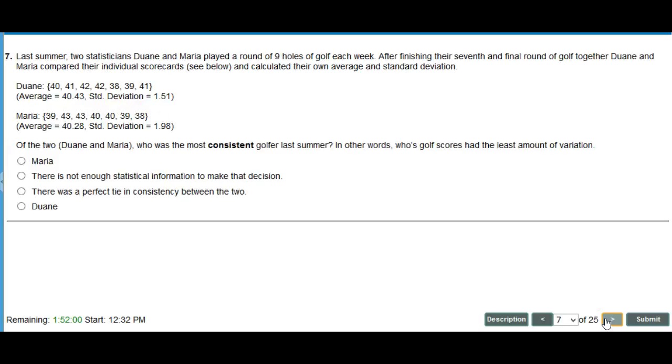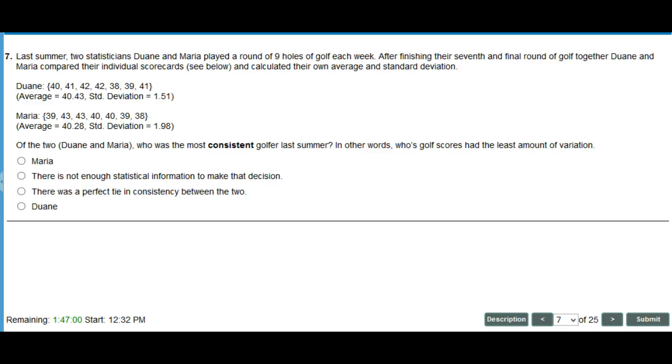Question 7. Last summer, two statisticians, Dwayne and Maria, played a round of 9 holes of golf each week. After finishing their 7th and final round of golf together, Dwayne and Maria compared their individual scorecards, see below, and calculated their own average and standard deviation. Dwayne, his scores 40, 41, 42, 42, 38, 39, 41. Average 40.43. Standard deviation